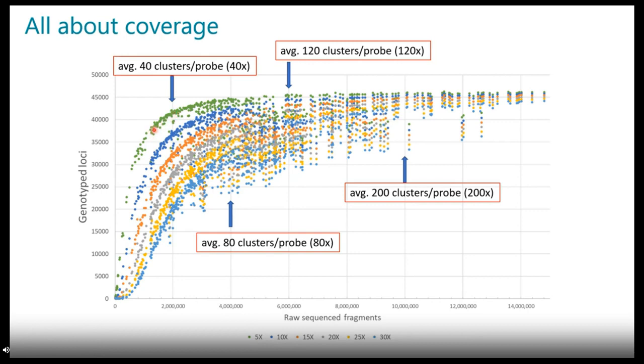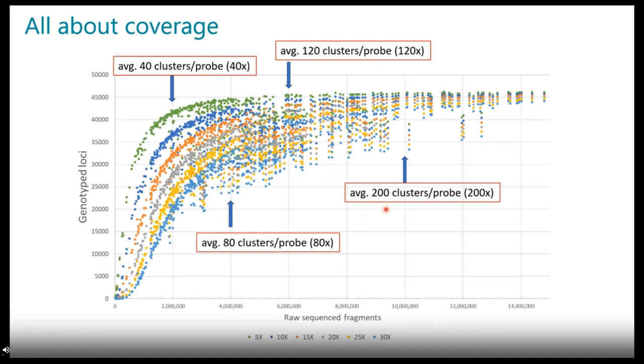Here is where you start to move from a poor genotyping cluster almost to a good level of saturation of the library, reached by having generated about 40 clusters, if you want 80 reads per probe per individual. While a much higher level of saturation, which can also be at that point considered valid for a minimum coverage of 10x and 15x, is where 120 clusters per probe per sample are generated on the sequencer.